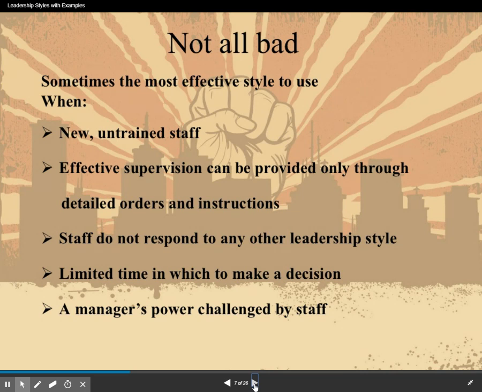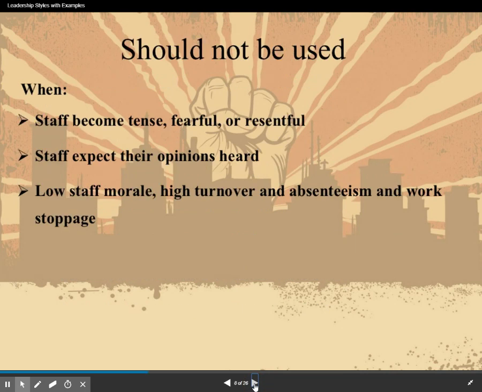They can get accustomed to being in a new position or a new place until they become more comfortable and well-versed in the company's expectations, and then they can move into a different kind of leadership. But for the most part, when someone starts new with no experience, they kind of have to follow that autocratic leader so that they do things the right way, or the way that policy and procedure states, so that they basically learn the ropes, or learn how things should be done in a certain area.